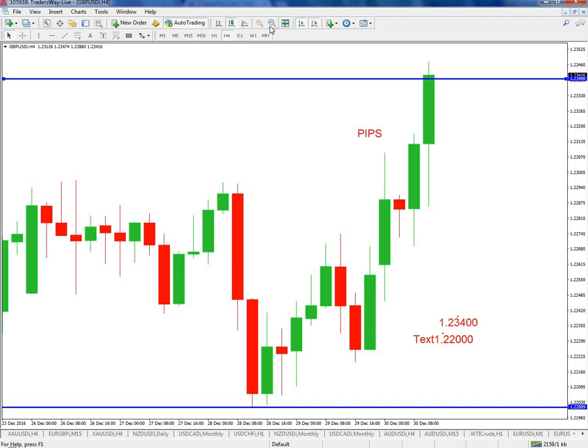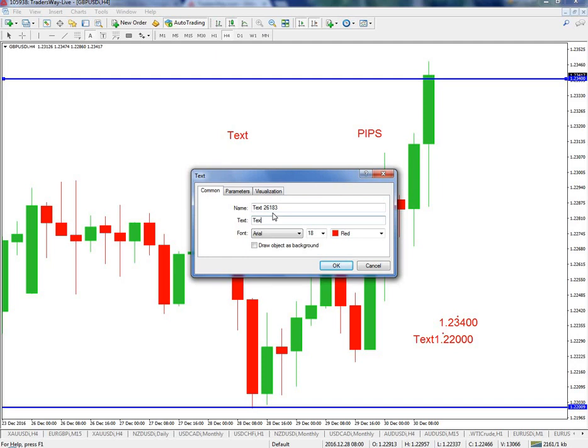Okay, let me tell you how I came to that conclusion. If price goes from 1.22000 to 1.22500, that means it moved by 500